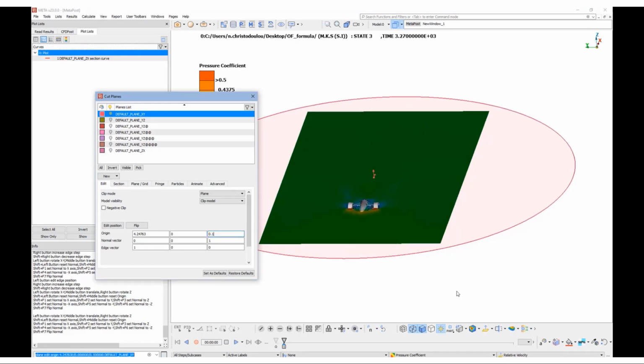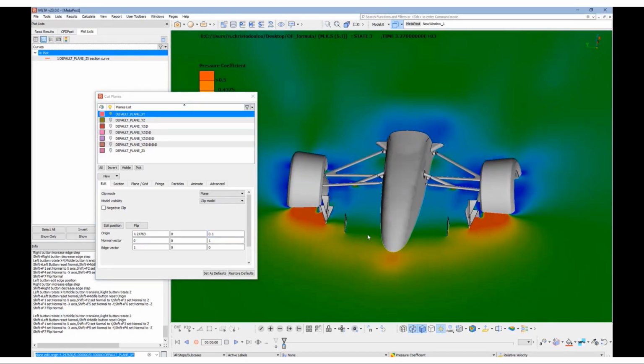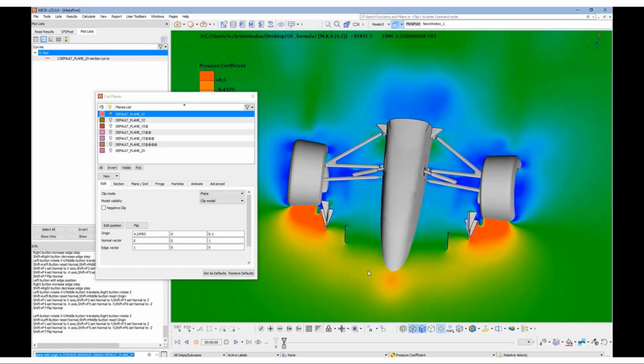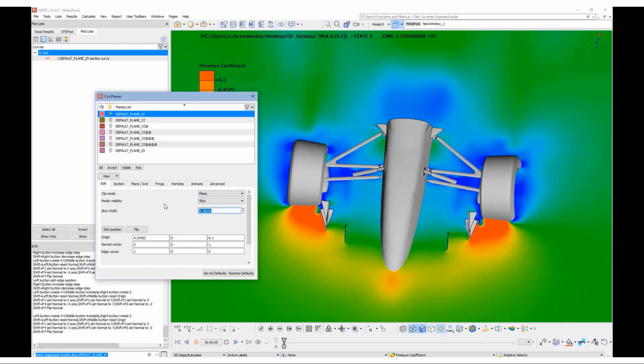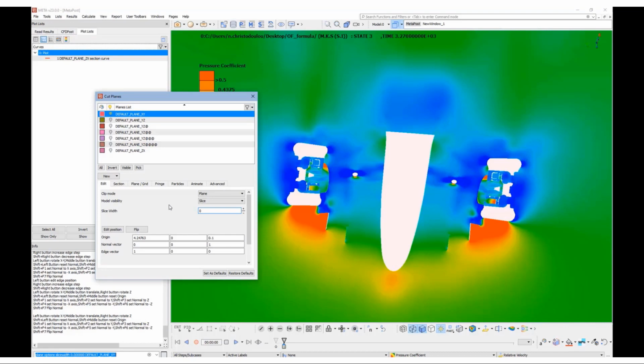Let's edit the origin by typing the correct number that we want, so that we place the cut plane at the height we wish. And here, let's select now mode visibility slice. And slice width, we will type 0, so only the cut plane will be visible.